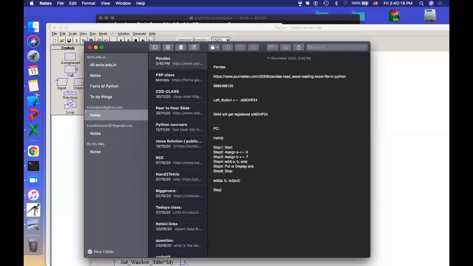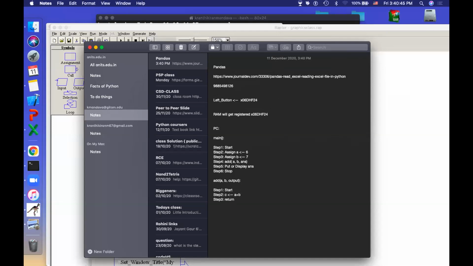So you start it. Step 1, start. Step 2, you will say okay, C is assigned with A plus B. Okay, step 3, you will say simply you need to write return.